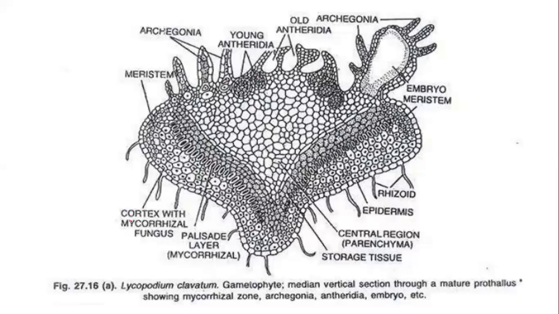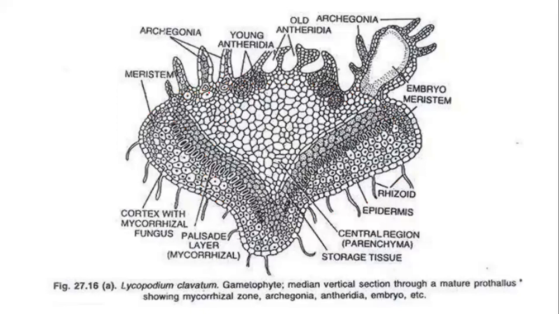Okay, this is the structure of the prothallus you can see. Always remember that in Lycopodium, the prothallus is a heart-shaped structure. You can see this is a heart-shaped structure of the prothallus or the gametophyte we speak about. Now, this mature thallus shows the presence of the archegonial initials and the antheridial initials, which are called the sexual organs or the reproductive organs.